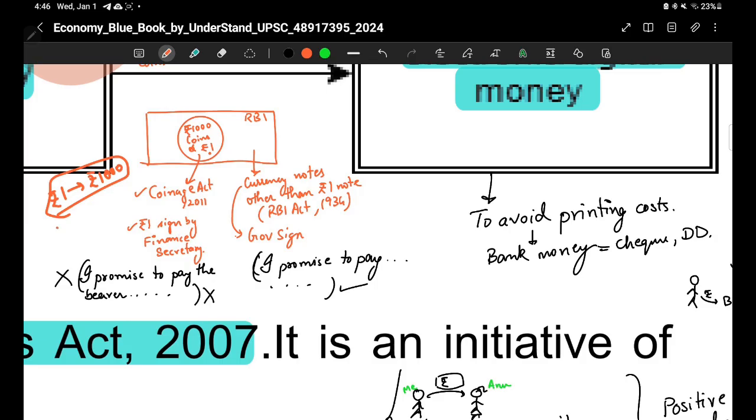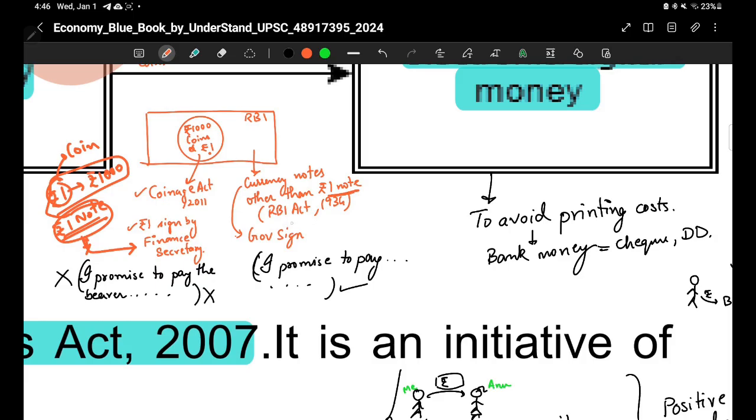And this 1 rupee note is also made by the Government of India. 1 rupee, I'm talking, this is coins, this is note. This note is signed by the Finance Secretary. Okay, and this is only for the Government of India. For all the remaining currency notes, not coins, other than this 1 rupee note,